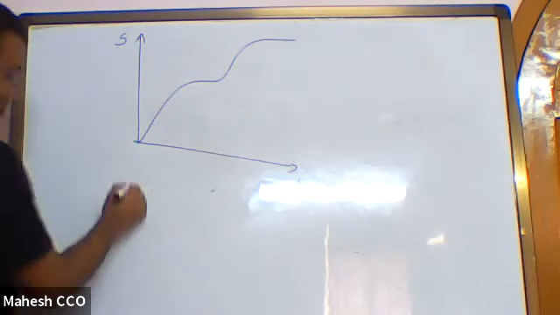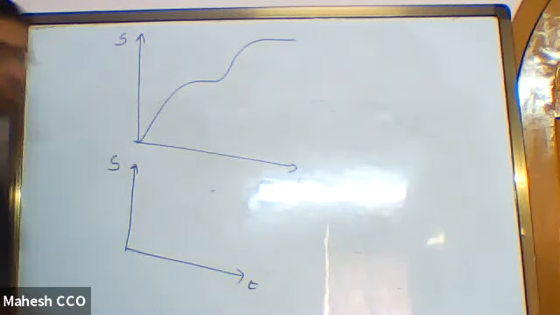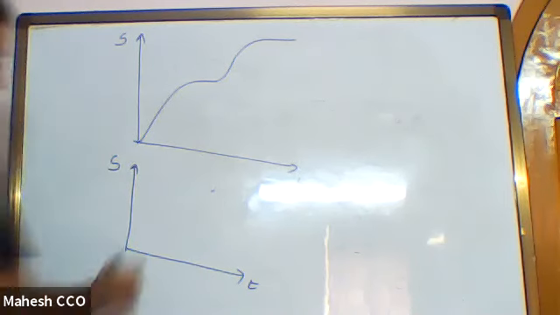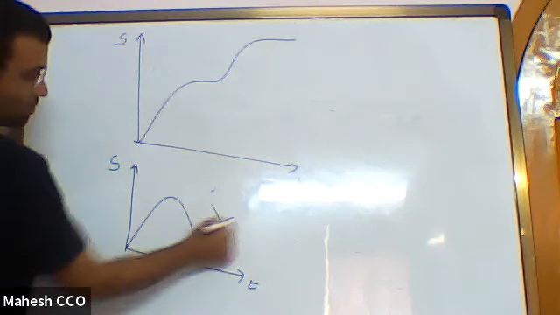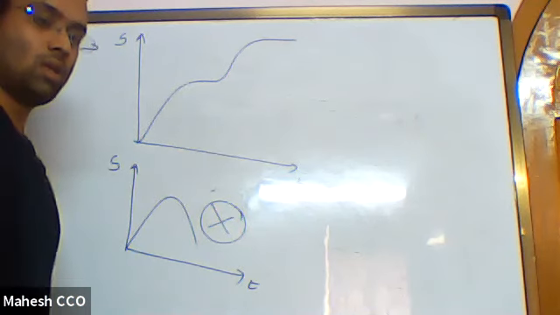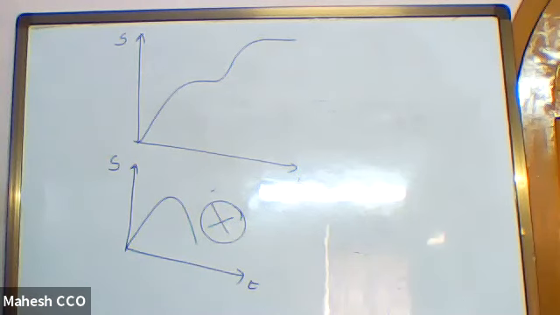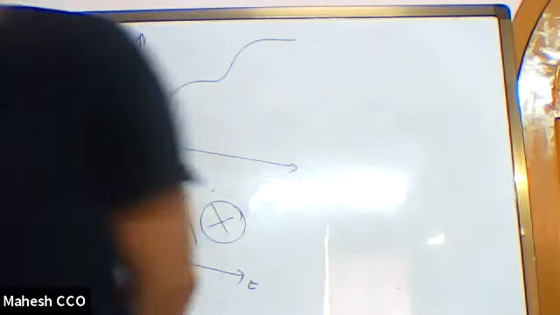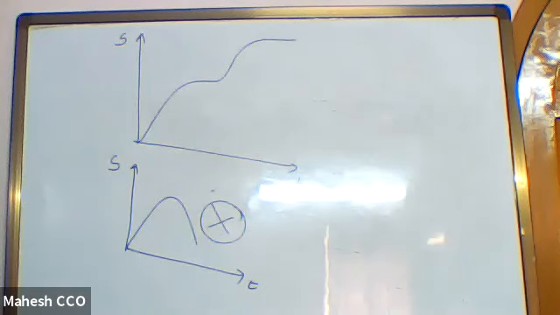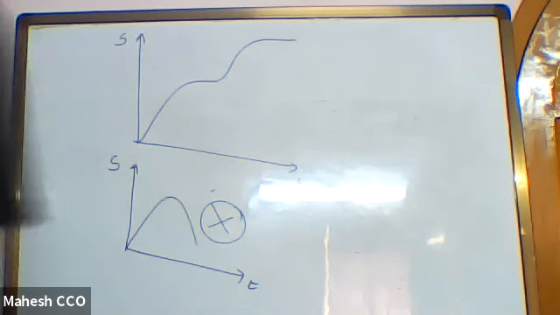But distance versus time cannot be this way because distance traveled can never decrease. See, if you move, your distance traveled is going to add up only. Whether you move forward or backward, you just have to keep adding the distance traveled, right? You can never subtract the distance traveled. So the distance traveled by a particle, an object, can never decrease with time.